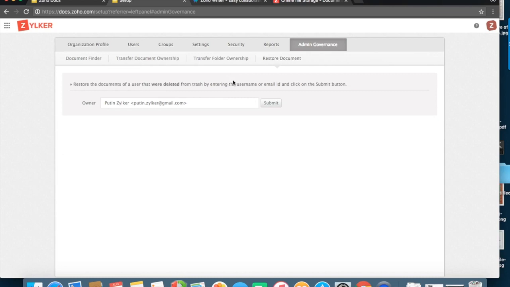Similarly, I will have access to restore all the documents that have been created in my organization. I just have to enter the email ID of a particular user, and I can see all the documents that were ever trashed by that user, and I can restore them. A lot of times people might unknowingly or accidentally trash documents, and they might want to access them back. So you just need the user's name or the link of the document, and then you search for them over here and restore the document.